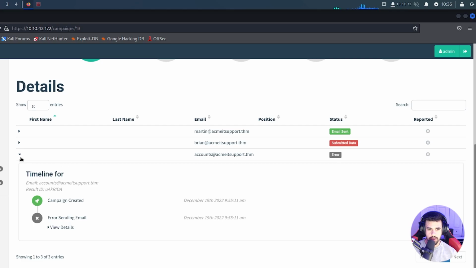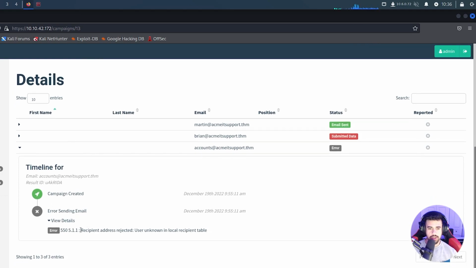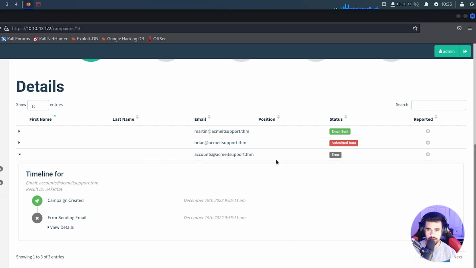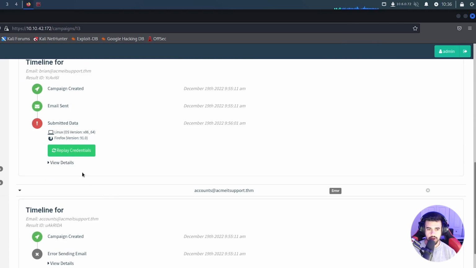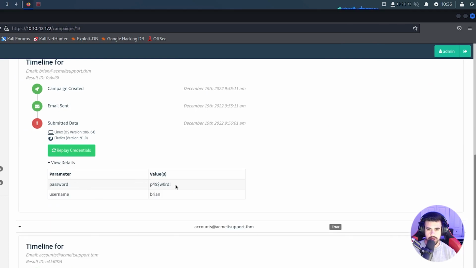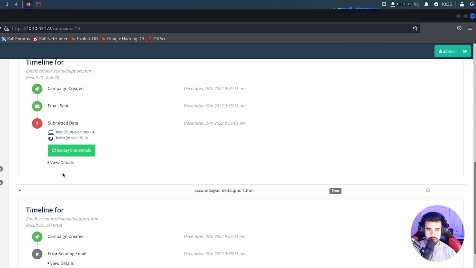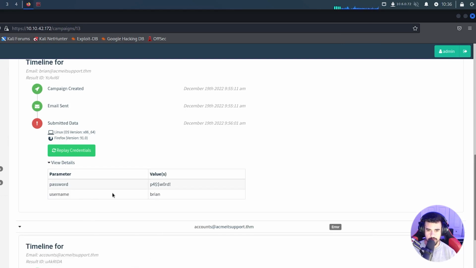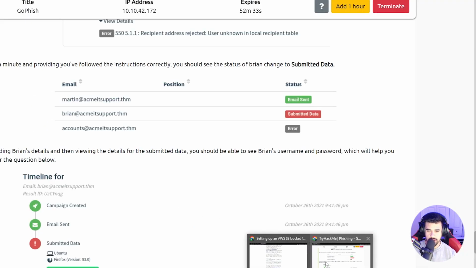And if you expand this to look at the details, view details, you can see that the recipient address is rejected because the user doesn't exist in the local recipient table. So this was not a valid email is basically what this is saying, at least according to our recipient table. And then we see that the Brian user did submit the data. So if we click into here, we can click view details, and we see the password that he put in because there's no encryption here. So we can just see those passwords in plain text. So that's what we would then submit as our answer